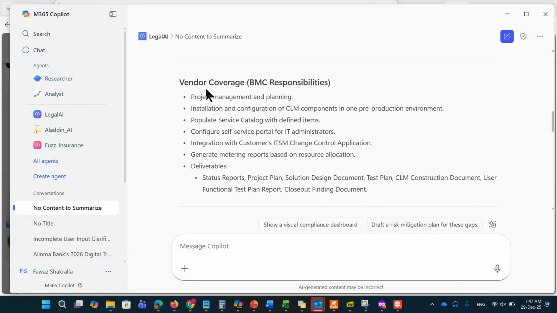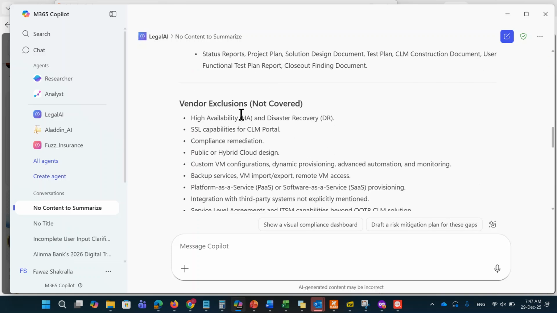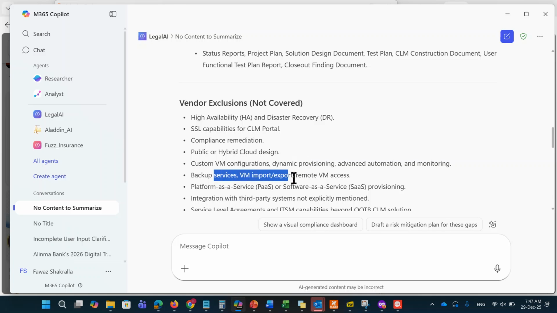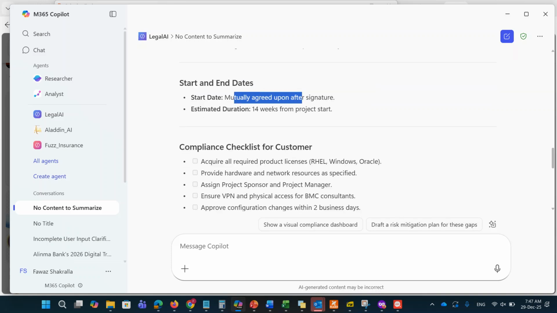Automatically here it shows you the vendor coverage, the BMC responsibilities, the name of the vendor right here, and it shows you what the project will cover, what is covered by the vendor, and details. The vendor exclusions, what will not be covered by the vendor: high availability, disaster recovery, SSL, compliance, public cloud, custom VM configuration. This is what the vendor will not cover, right? It shows the start and end date of the project,